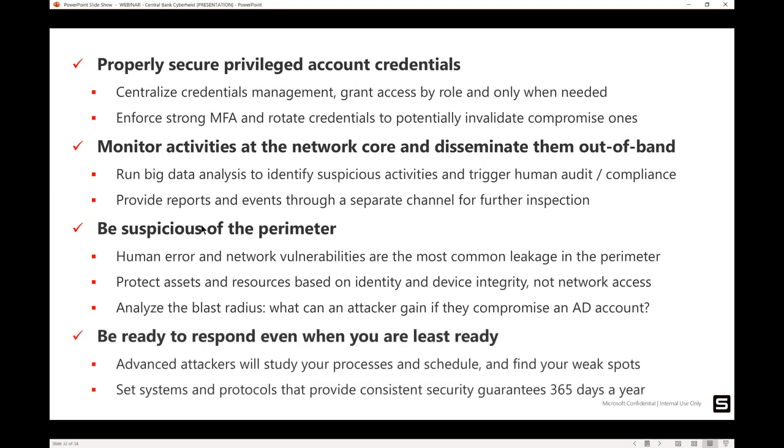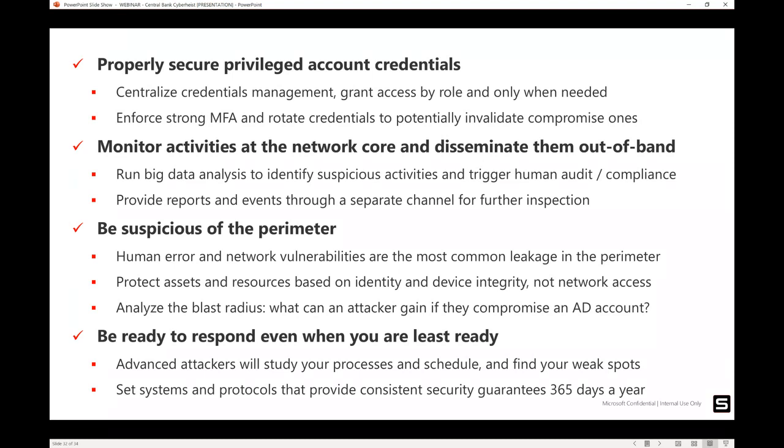And lastly, be ready to respond even when you are least ready. It's my long-winded way to say always be ready. Attackers seek weaknesses. They ask themselves, when is my target at its weakest? Lazarus exploited a perfect storm: a weekend in Bangladesh, followed by a holiday in the Philippines. The best defense, my friends, is to be ready all the time, responding in the same way, 24/7, 365 days a year. And you do that by creating incident response